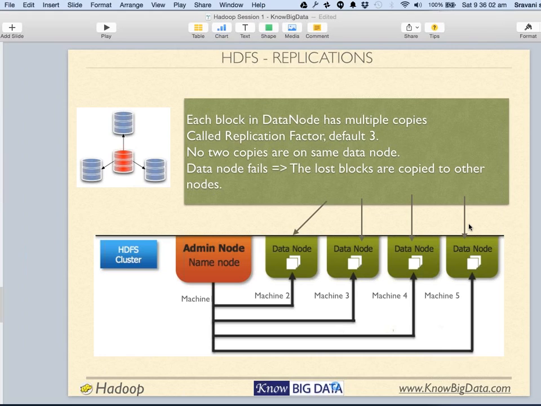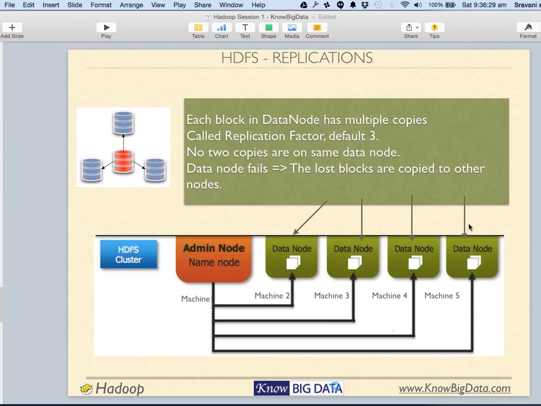In case you have a very popular file which is being used heavily, you can just increase the replication level and the load will be divided across multiple computers. Next is, in case of a disk failure, you have a backup copy of it. The replicas are stored on different machines.